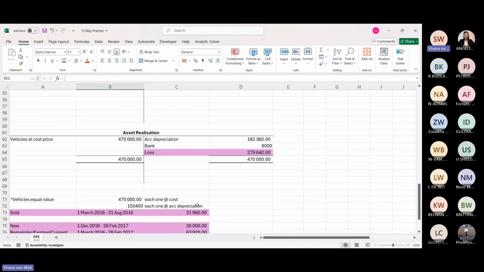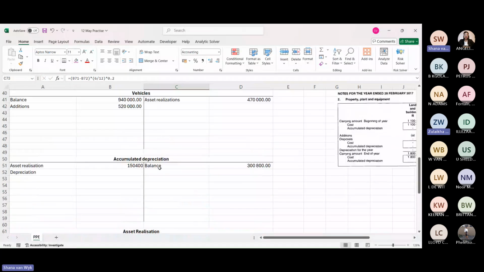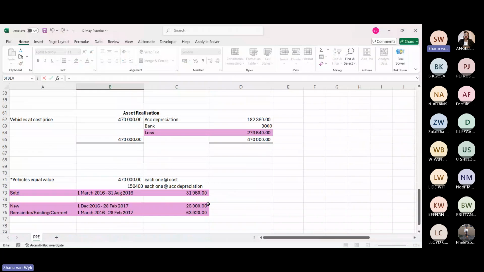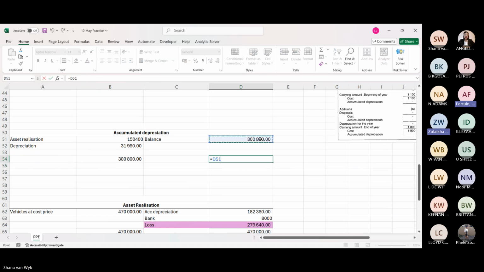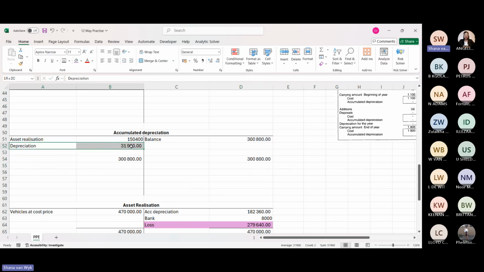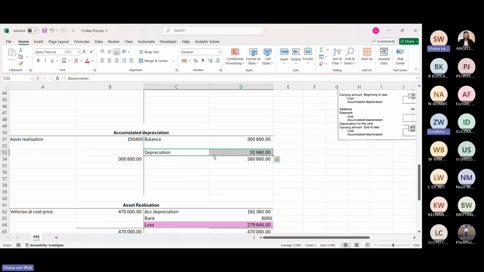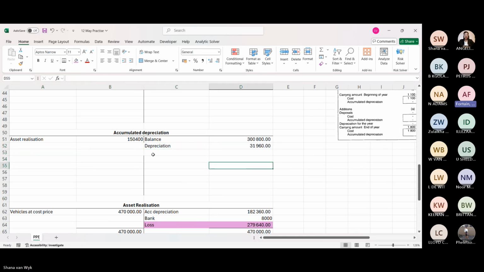Now we added this. Oh, it is this one, what you sold it for. Yeah. So it's this one. So we're gonna say this one. Why is depreciation on that side? Depreciation's on the credit side, Shauna. But Shauna, is that all the depreciation? No, that's not all the depreciation. Oh, okay. It's not all. You are right. I'm only thinking now.